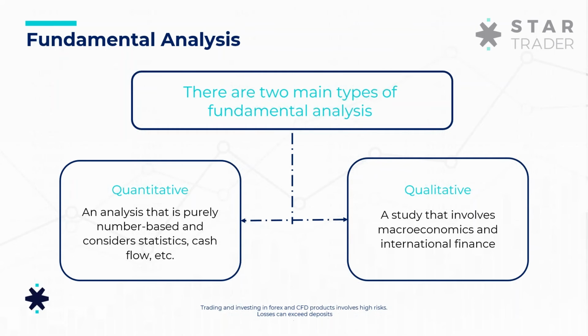The other part is qualitative, which covers things that we can't measure in numbers, but we can expect the domino effect of them. Let's say, for example, we have a press release from the Fed chairman, Jerome Powell. He goes up and speaks about the market and the economic view of the Federal Reserve. This is all qualitative because there are no numbers in this speech, but we should know the effect of this speech in the market.